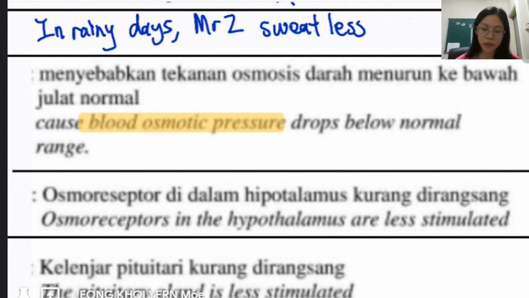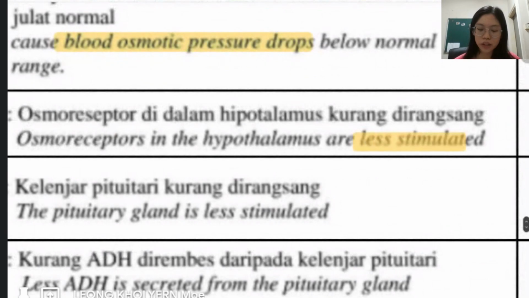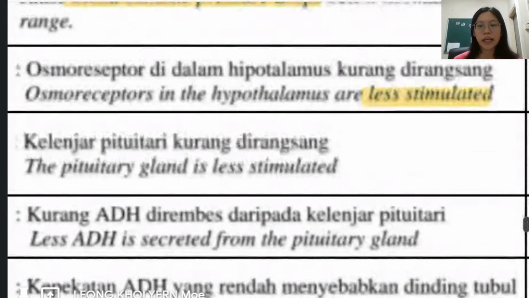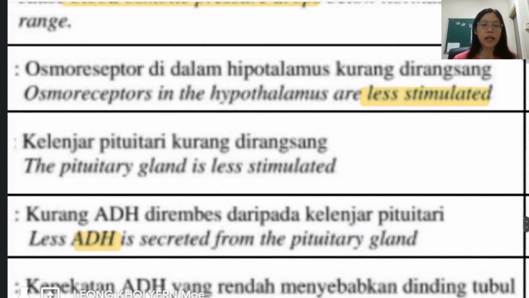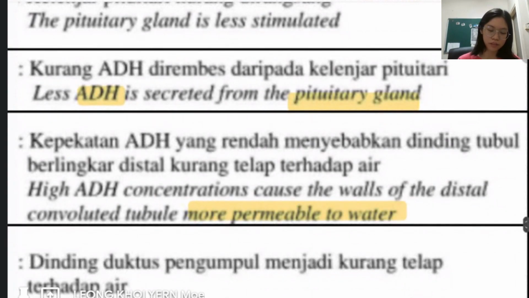So his blood osmotic pressure is lower than the normal range, less stimulation of the osmoreceptor and pituitary gland. Less stimulation means less ADH. This hormone is very important, antidiuretic hormone. Less ADH is secreted from the pituitary gland. The pituitary gland is the one that secretes it. So less ADH means that it will cause the wall of the distal convoluted tubule to be